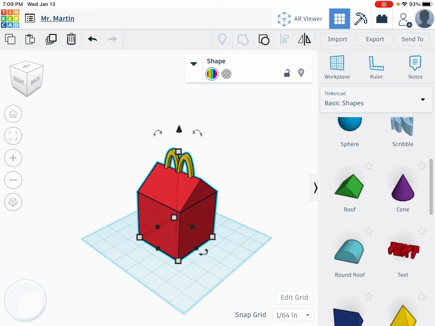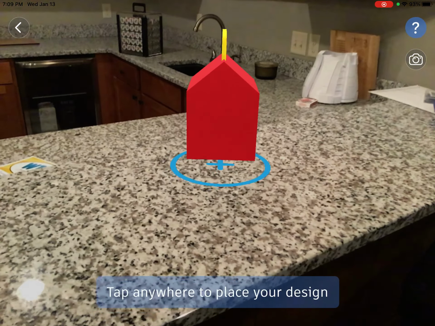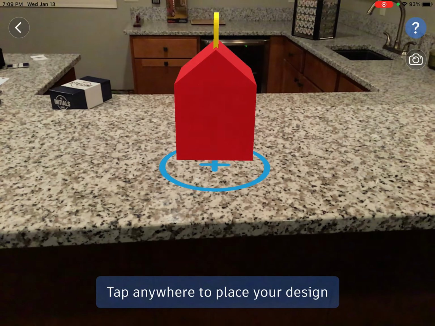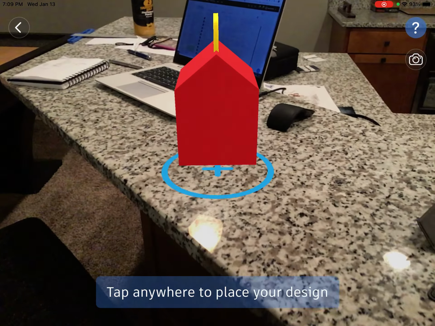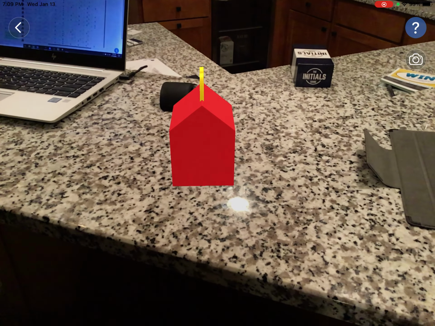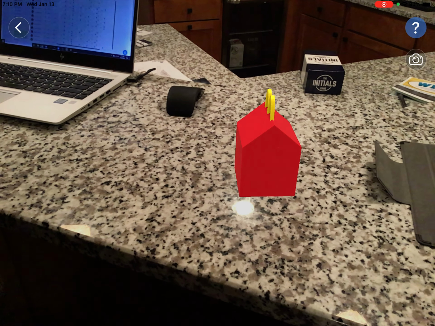Last thing you're going to do is use the AR viewer, which is on the top. So you're going to click AR viewer. When you first use it, it's going to ask you to be able to access your photos. You need to say allow access to all. And notice you can tap anywhere to place your design. I'm going to place my design right next to my computer. So I'm going to place it right there, and I can move it around to drag it. I can use 2 fingers to resize,